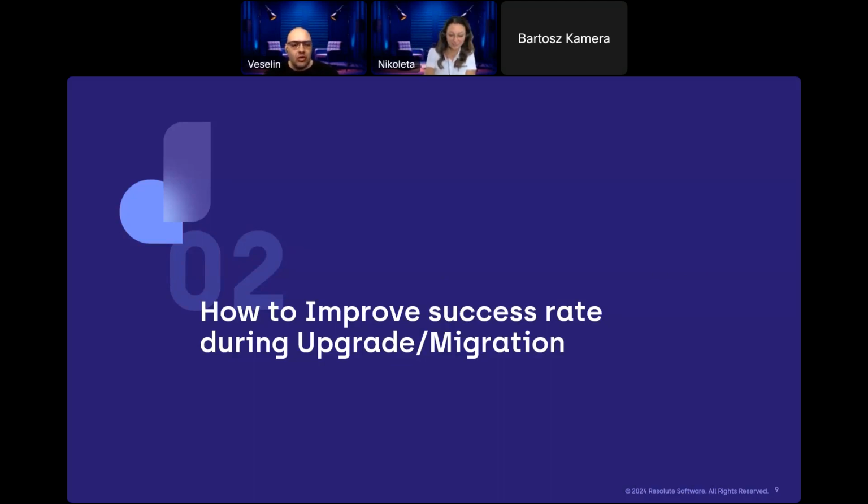A little bit about, I want to share some context before going through the slides. What we're going to talk about is first best practices when it comes to upgrade and migration. Then we're going to mention support. It's very important. Support is a very big part of the upgrade and migration process. And then we're going to share our sequence, our guide, the way we actually perform a successful upgrade and migration.